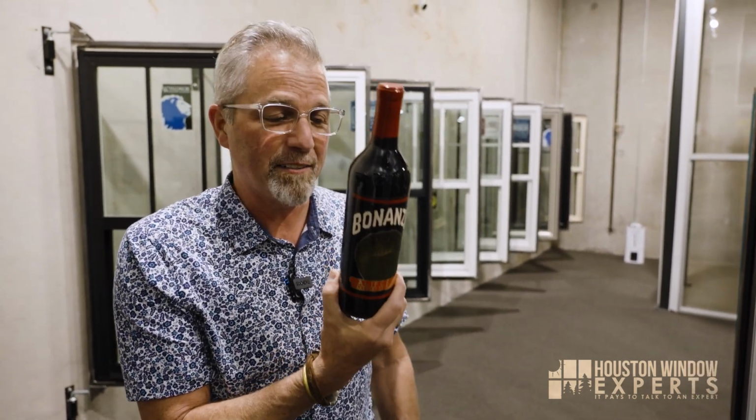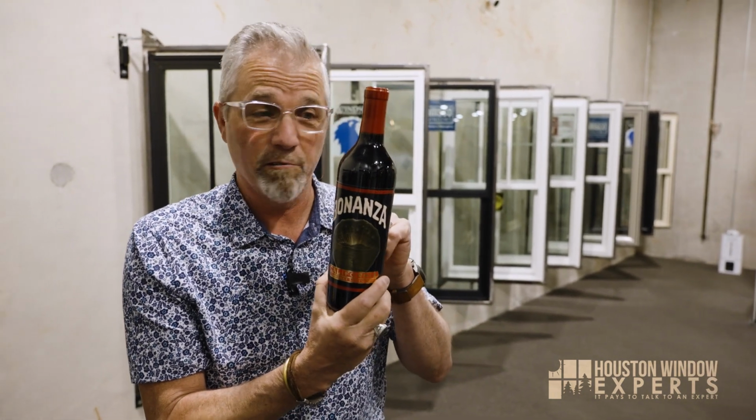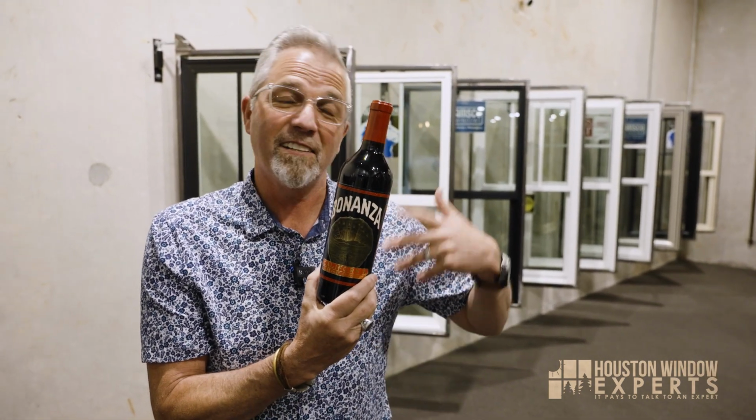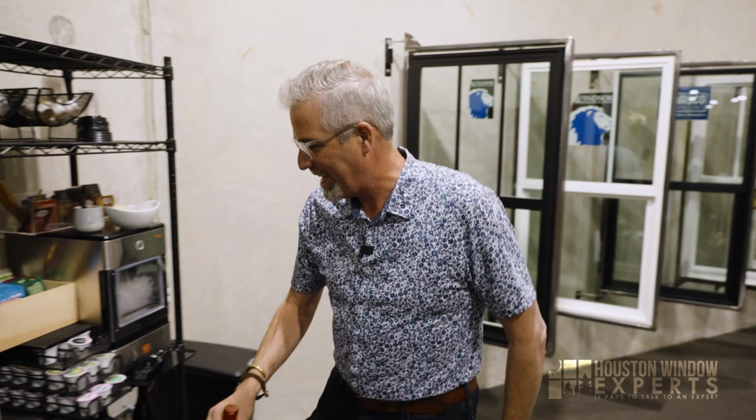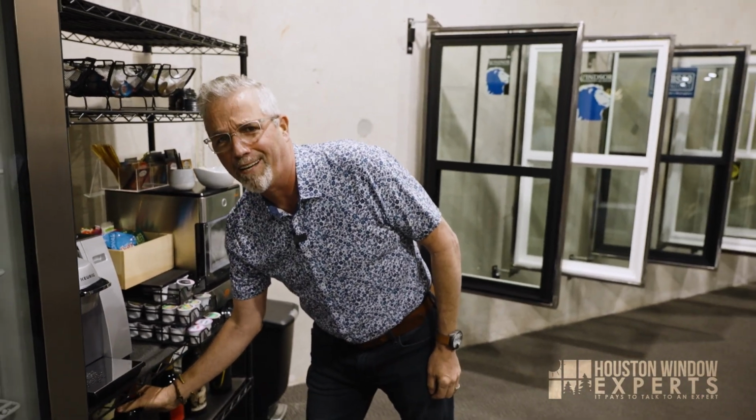It's called Bonanza. It's around $20. You can buy it at most liquor stores or grocery stores. And this is like a sister product to Caymus. If you like Caymus, this is in that family of wines, and I think you'd really like it. In fact, if you're in the Houston area, drop by and we'll just check it out,